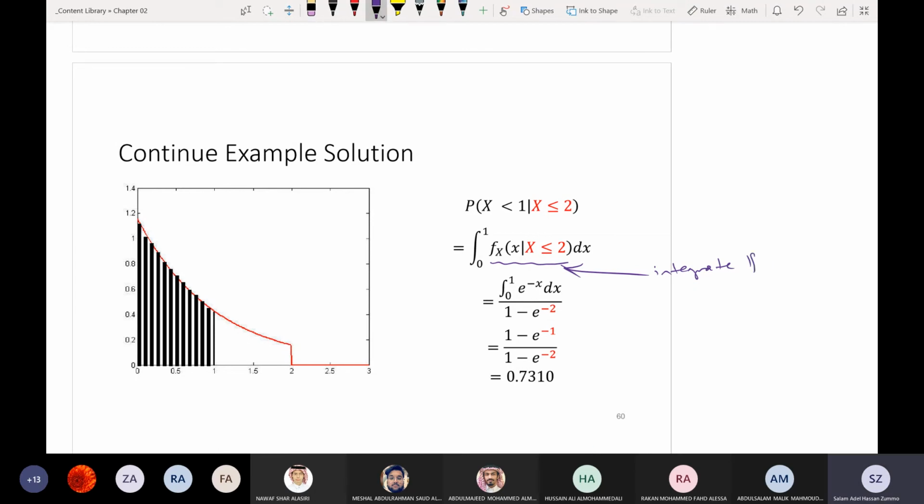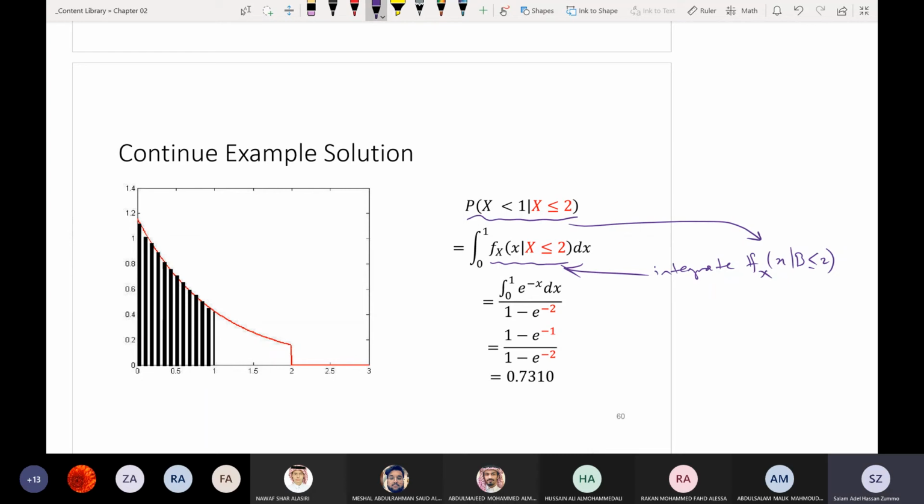So you don't integrate the original PDF. Why? Because I'm trying to find the probability that x less than 1 given x less than or equal to 2. So I integrate the conditional PDF, not the original PDF. واضح؟